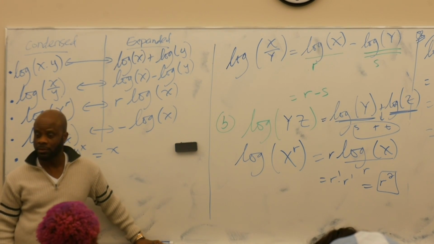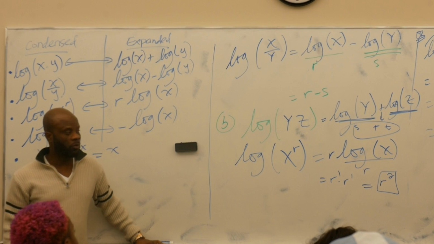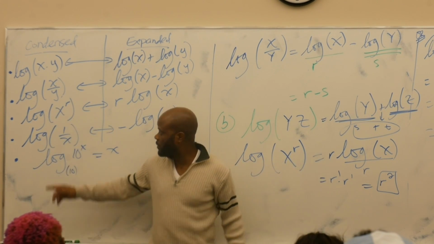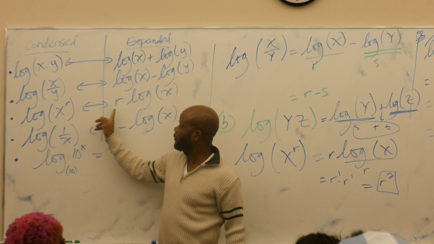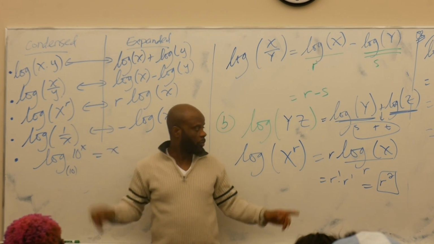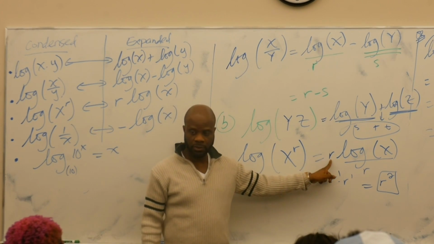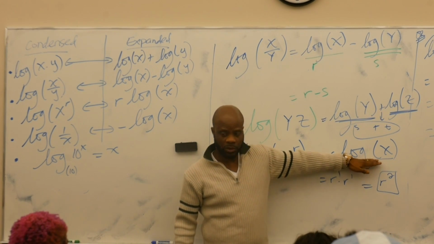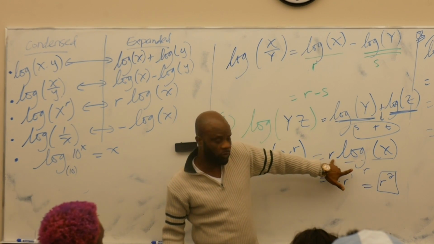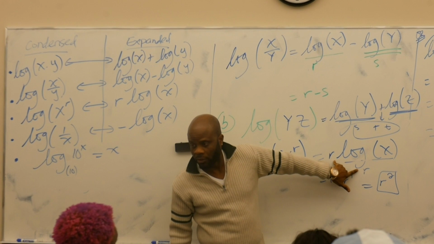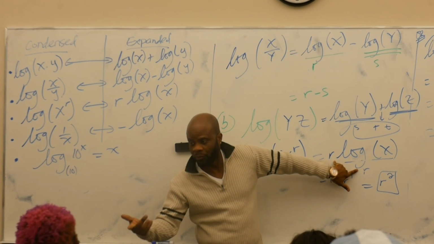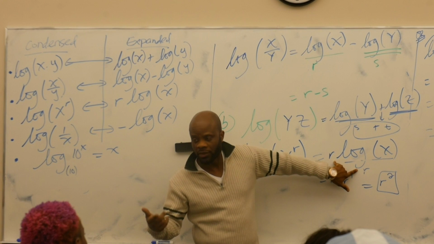So we have this property that says if I have an exponent, I can bring the power down. But then we know the log of x is r. We already have one r here. So r times r is r